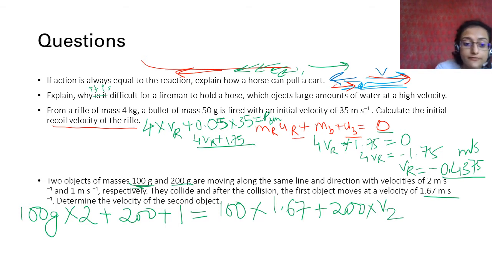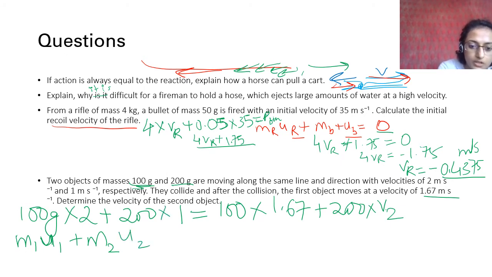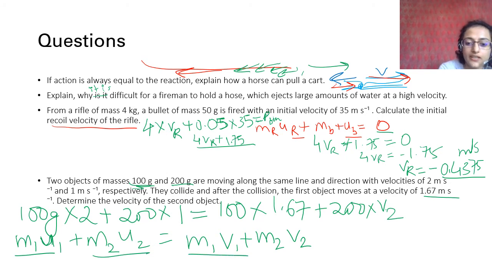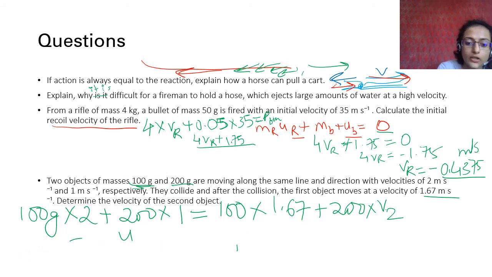Okay, what is this formula? m1 u1, this is the first object's initial velocity, plus m2 u2, this is not plus, it is multiplied, is equal to m1 v1, sorry, plus m2 v2, right? We have been given the values, we only have to find this out, okay? That is all that you have to find out, right? You have this formula. Now we calculate.